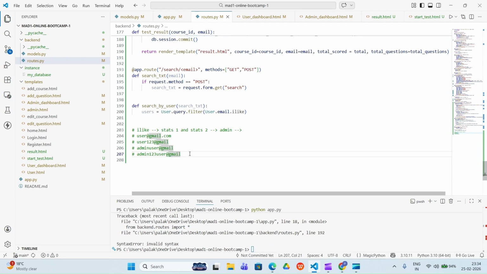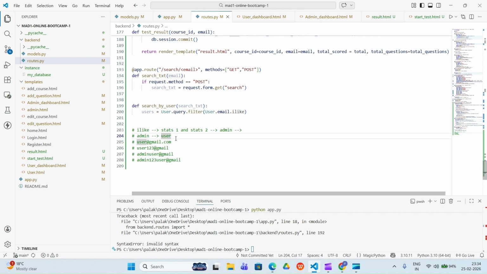So what happened? Okay, let's say the admin just searches for the user. Admin will only search for the user. Then all those gmails which contain these letters, user, will come as a result.